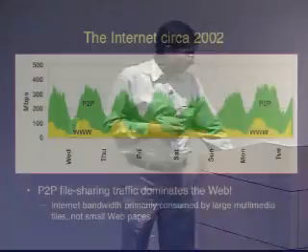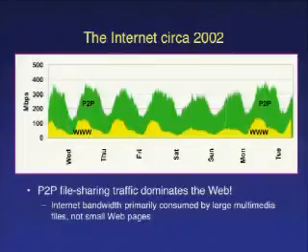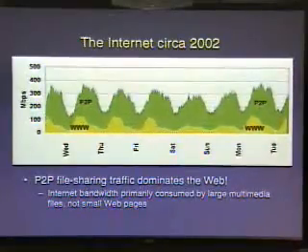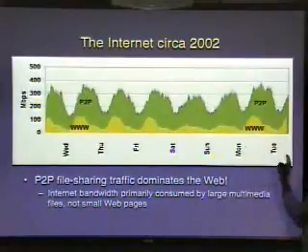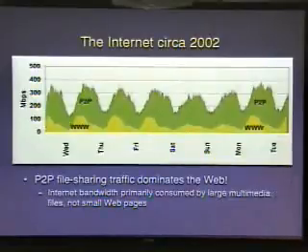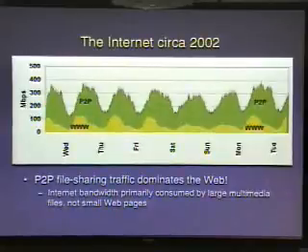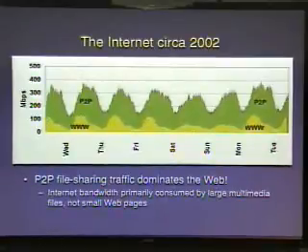Now in 2000, peer-to-peer file sharing began to take off with the release of applications like Kazaa and Napster. Now let's look at what impact this peer-to-peer file sharing had on the internet just within a span of 2 years. Just 2 years later, in the year 2002. Now, this graph shows the bandwidth consumed by the peer-to-peer and the web applications at the University of Washington border routers in May of 2002 over a period of a week. X-axis shows the days of the week, and Y-axis shows the bandwidth in megabits per second. In green, I show the peer-to-peer bandwidth, and in yellow, I show the web bandwidth. Now, this graph shows that peer-to-peer consumes 3 times as much bandwidth as that of the web.